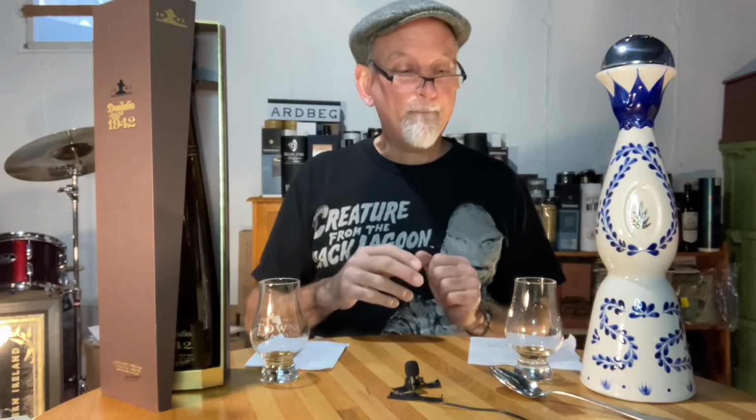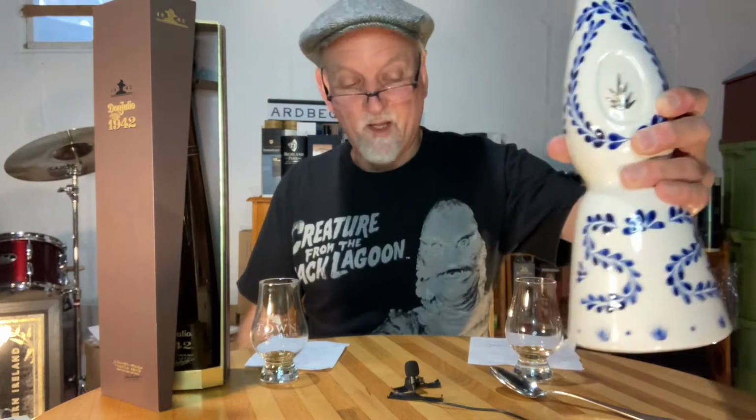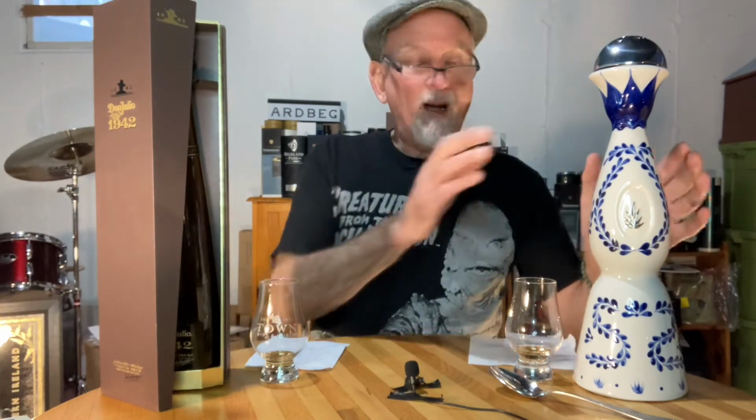All right, which one is my favorite? How would I rate these? Again, I have very limited experience with tequilas, but I did buy each of these because I enjoyed the hell out of them. For me, hands down, it's this. It's the Clase Azul Reposado. Again, it's like drinking a margarita that they just poured in here. So I would pick this over Don Julio, but they're both